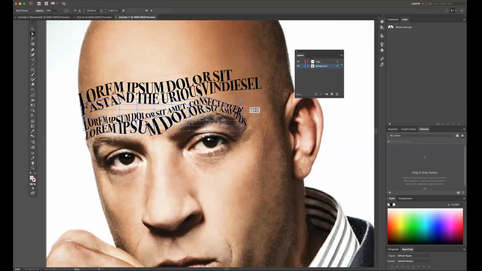There we go. You do want the letters touching, but you don't want them overlapping. So just do your best to kind of see how close you can get. If you have to zoom in, by all means.